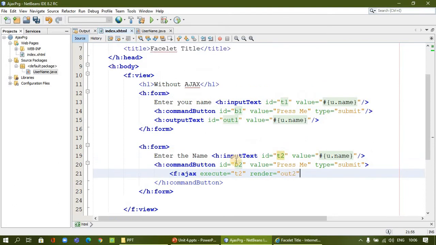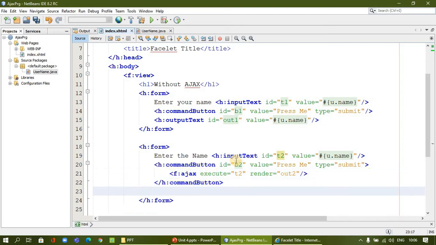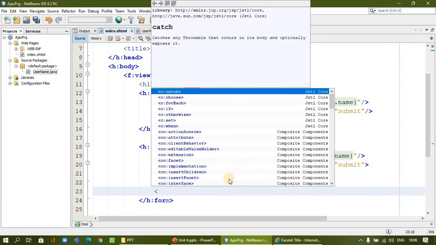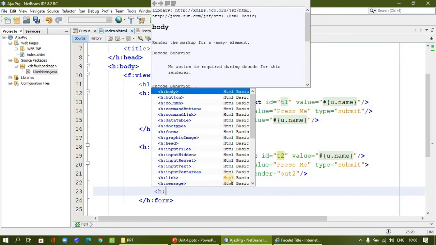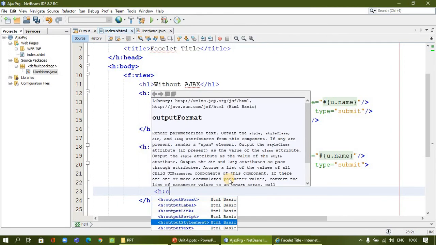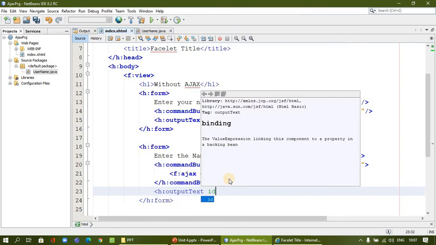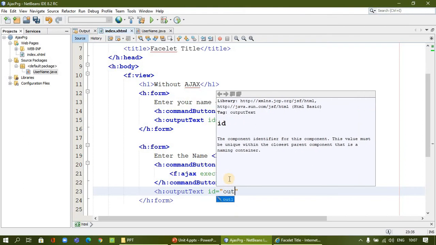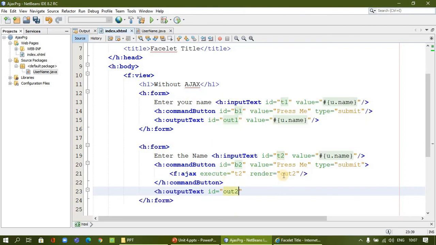I will create a separate output tag here. So that is output text, I have to mention the ID as out 2. This is what I have given here as a render. And the value is, what is the value?